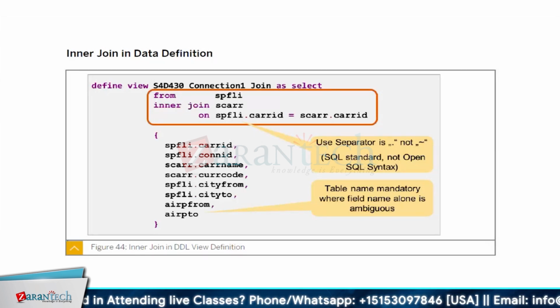The last 2 columns, if you see, airport from and airport to, I did not mention the table name. Whether the 2 columns should be selected from the first table or from the second table, then it will show the warnings to you. The system is not clear about those 2 fields to be selected from which table. It is mandatory always that the field names should be prefixed with the table name